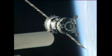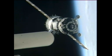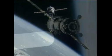We confirm SSPP group LED is on. Final approach parameters are nominal, and we are aligned with the...